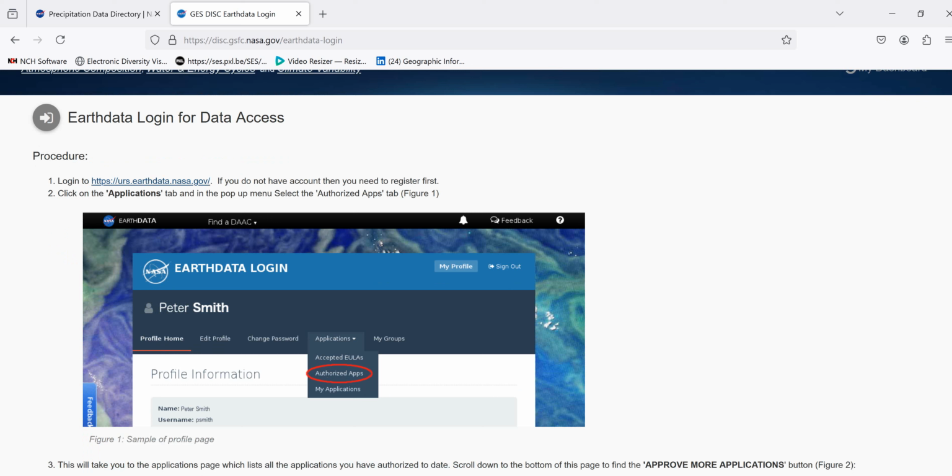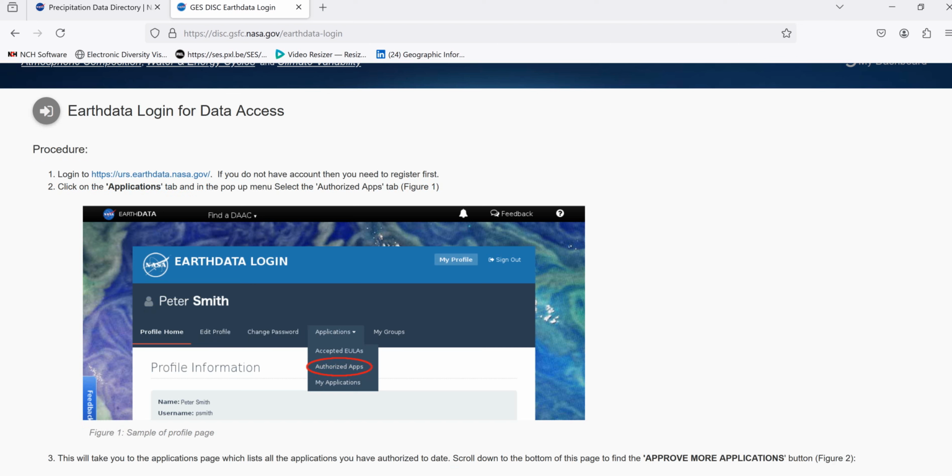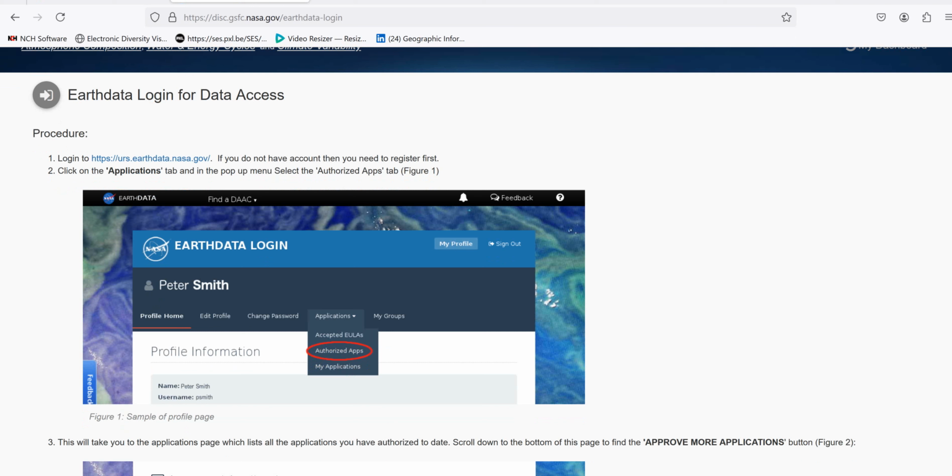You go to this link, and then there are some step-by-step procedures that you have to follow so that you can finally access the dataset. For example, in here, click on the applications. After you open this link, you will get this page, and in this page, you need to click on applications, like here,